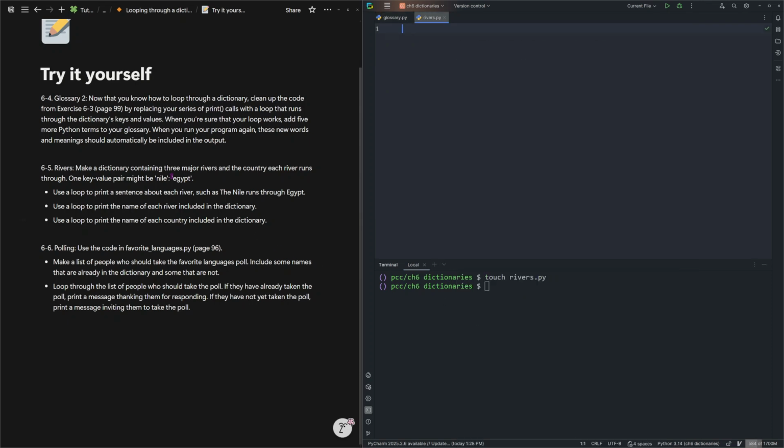Okay, now I have already created a dictionary. Let me paste it. So Nile, Egypt, Amazon, Brazil, Yangtze, China, and we are going to loop through the dictionary and print a sentence like this: the Nile runs through Egypt. Very easy. We can use the items method here: for key, value in rivers.items, print